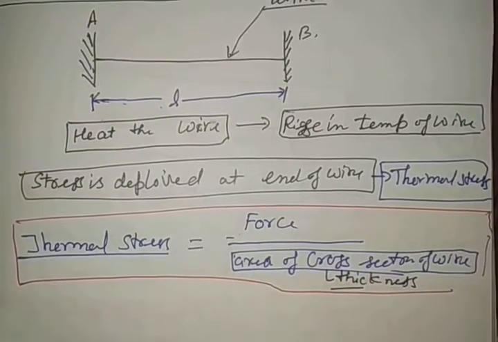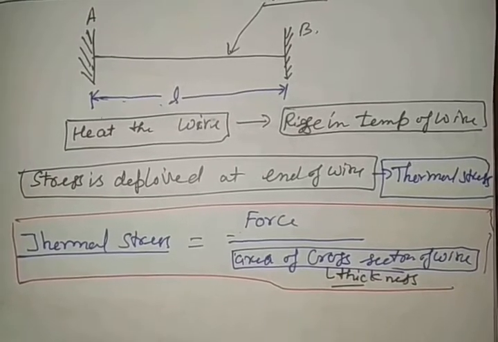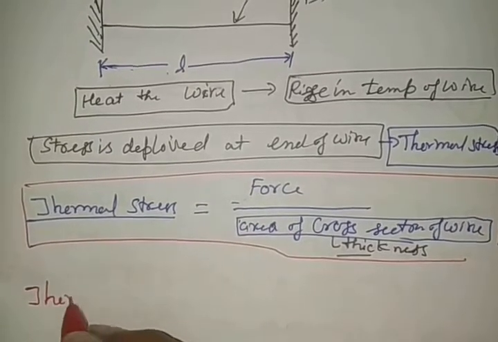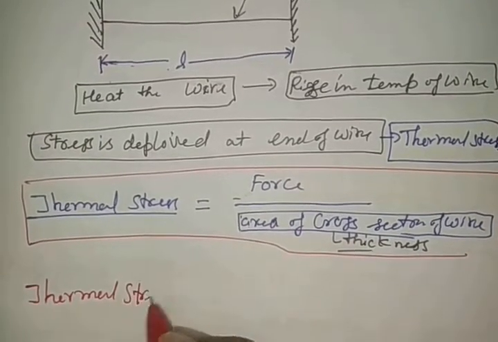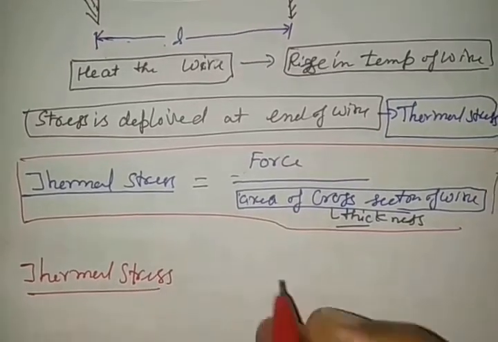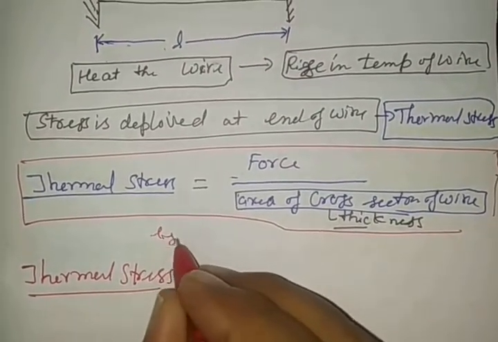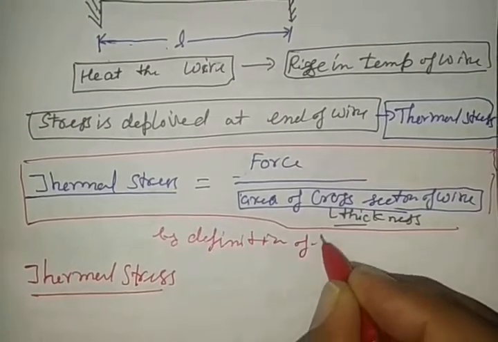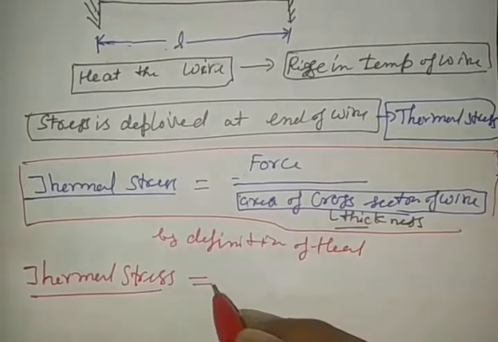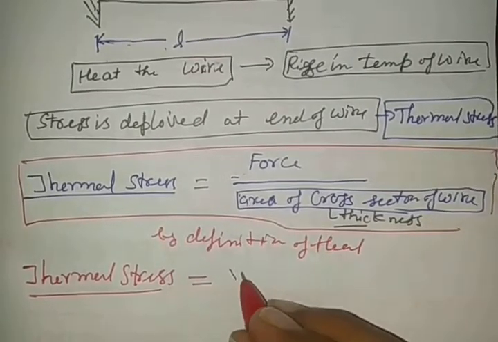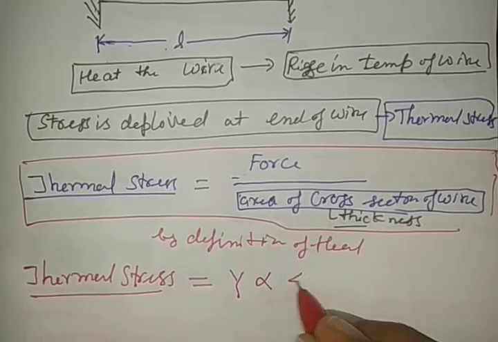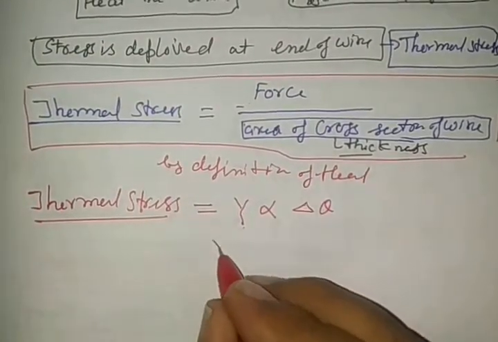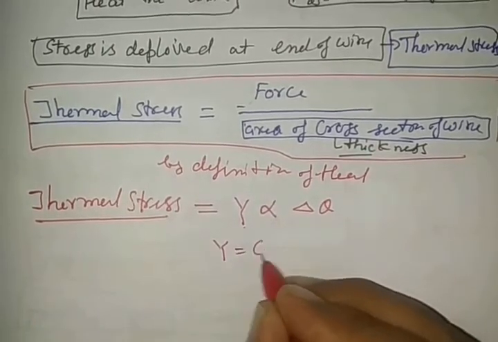Because of heat, the stress generated at the end of a rod is this thermal stress. See carefully. This is by the definition or concept of heat that we are following. This thermal stress is given by the formula gamma alpha delta theta. We know the symbols and their meanings. Gamma is equal to